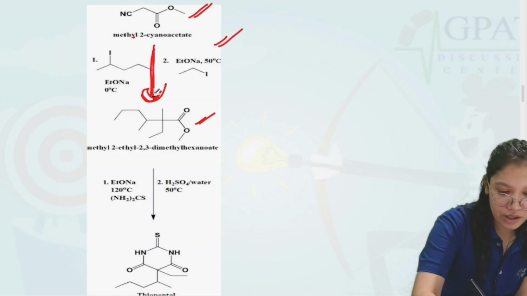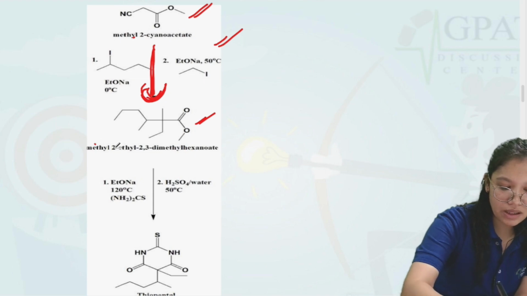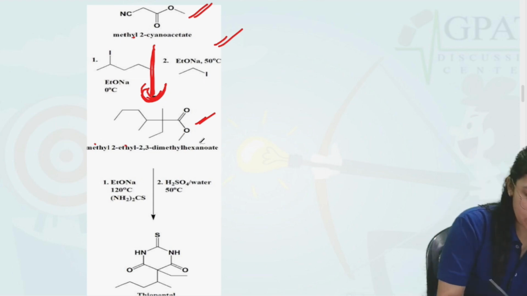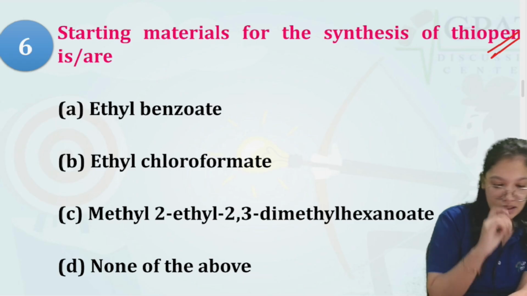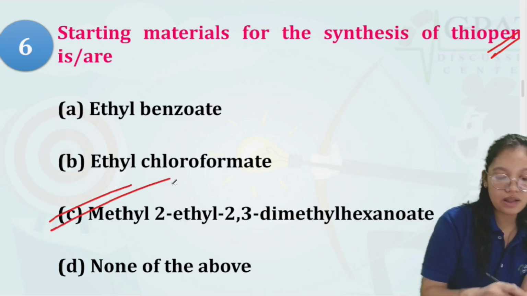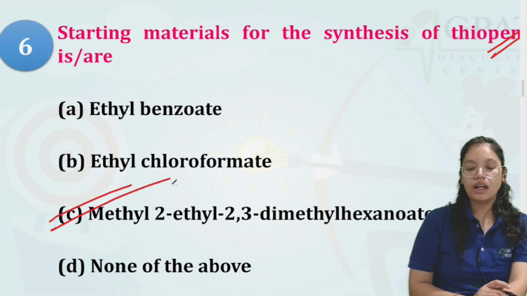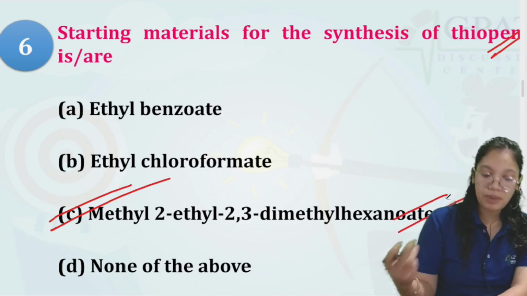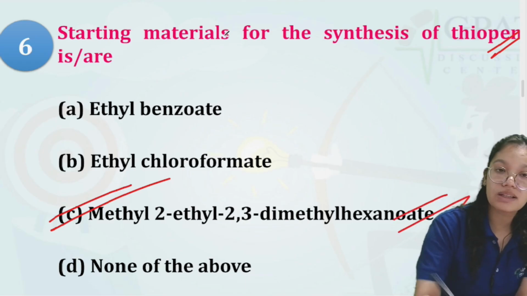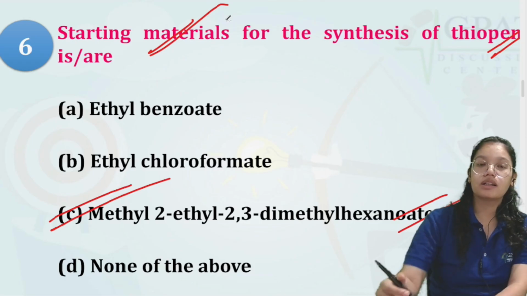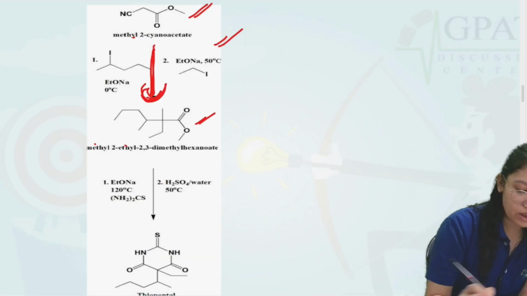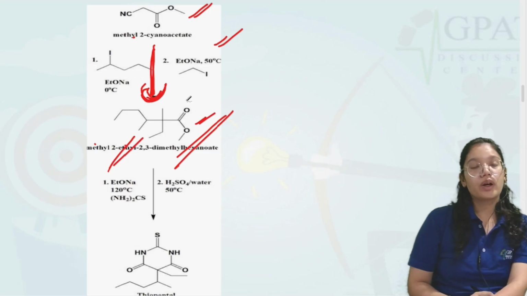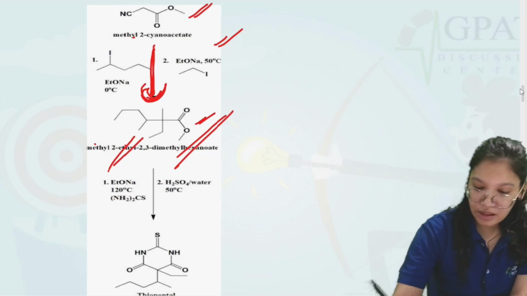Now further on in the process we get methyl 2-ethyl-2,3-dimethylhexanoate. Let's see if this is in the options. Yes, the C1. The methyl 2-ethyl-2,3-dimethylhexanoate. Now this is the precursor for the synthesis, or we can say the starting material for the synthesis of the thiopental. Now here you can see on further reaction at 120 degrees centigrade in the presence of an